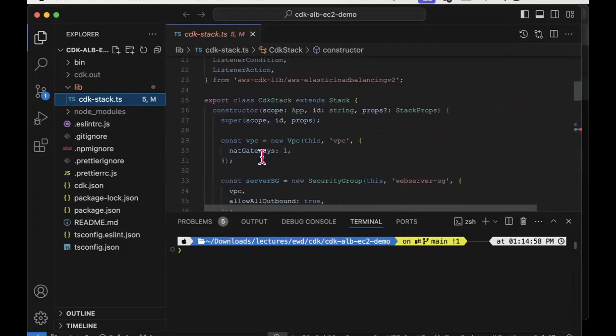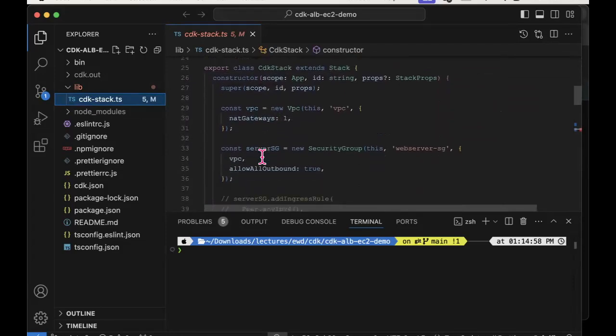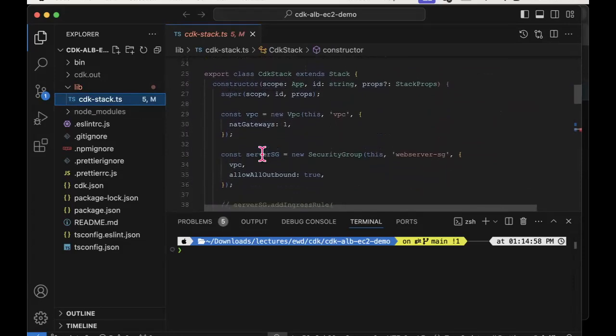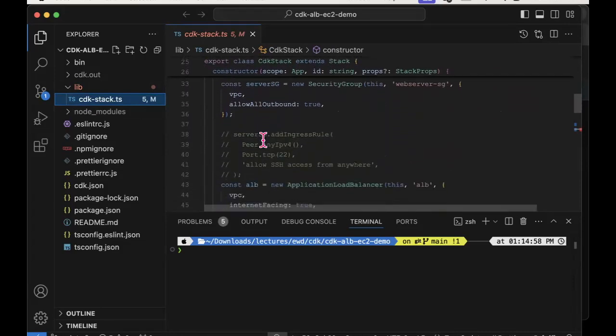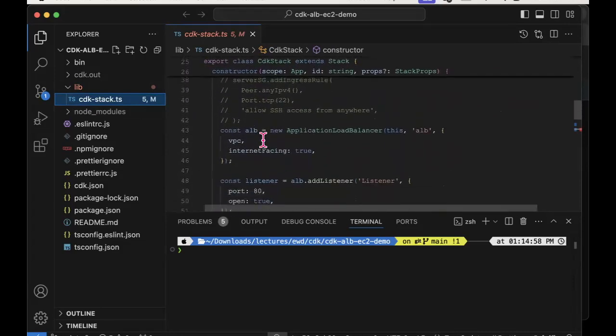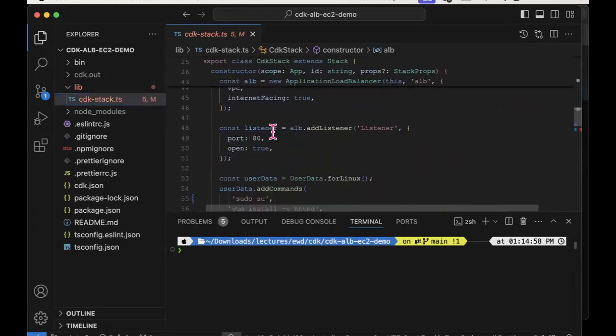Okay, I'm creating a security group there. I'm actually creating a special VPC for myself, creating a security group, creating my application load balancer, and configuring my load balancer here.